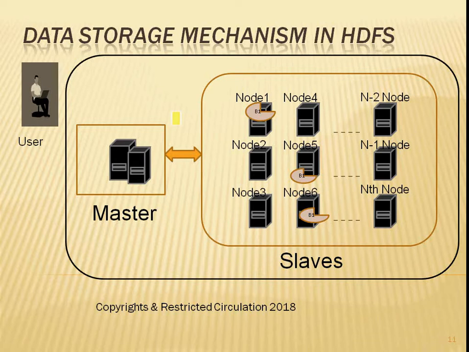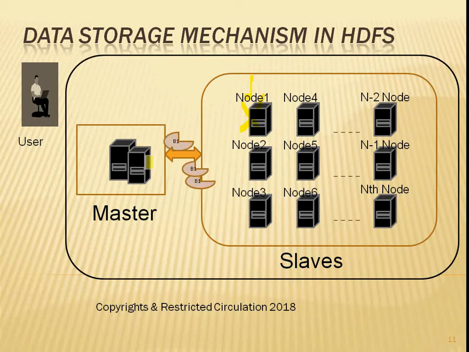And after that, you can see we are creating 3 copies of b1. So this is the replication factor, and it's configurable. You can make the changes from your config files. We will see where this config file exists during our practical session. The intent for creating the duplication of the b1 block in different nodes is that if somehow this node is down, then still my data is available, since the data is there in node 5 and node 6.